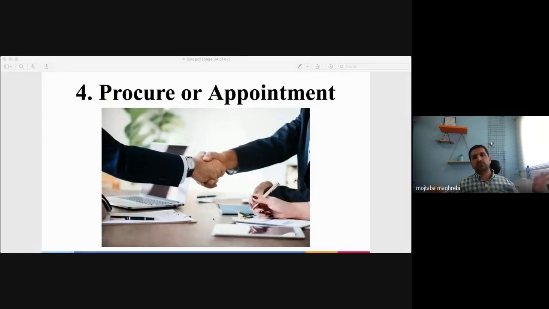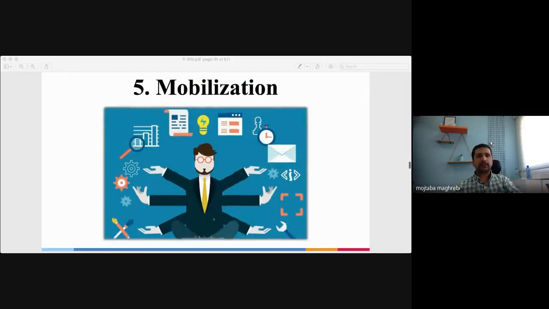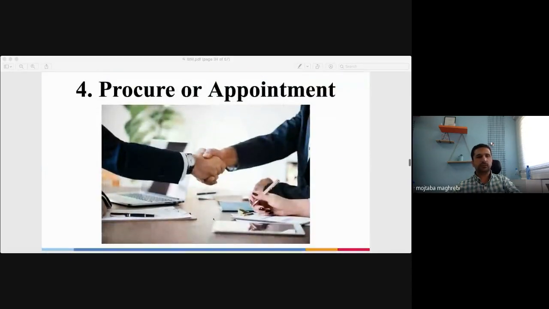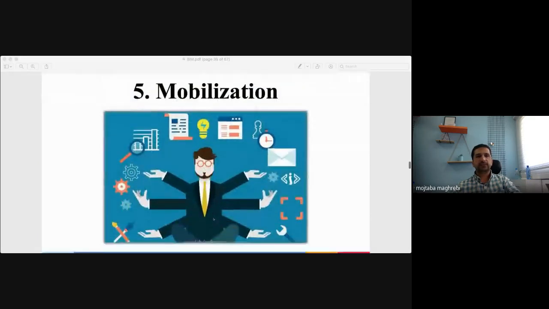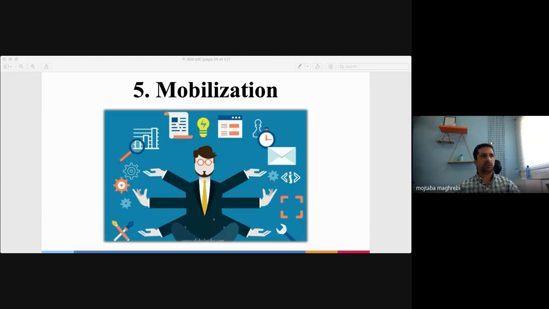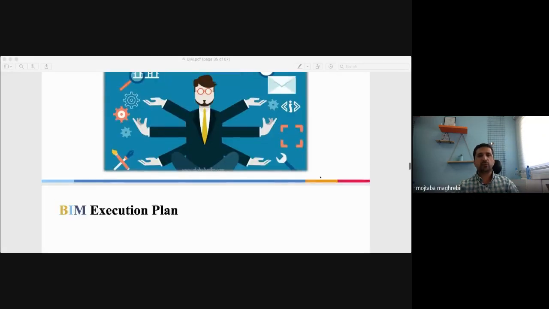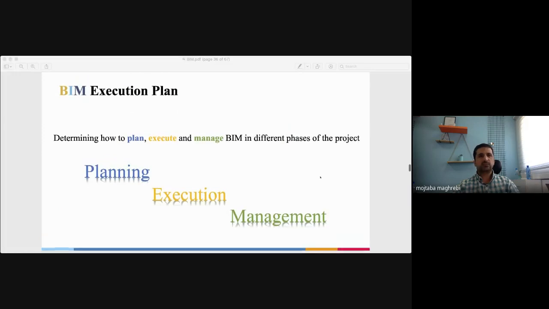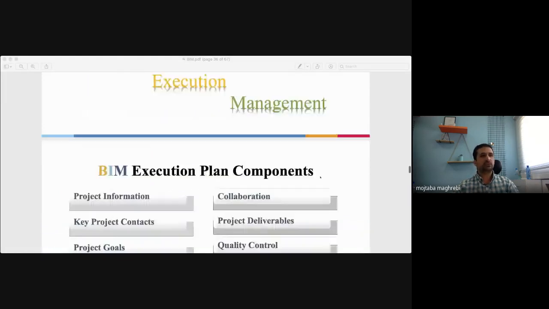Now is the time when we want to appoint and select a person who could do this project for us. After we decide, we go to the legal side, the contracting, and then we pass the lead times. It's the mobilization time, which is a kind of preparation. Now, okay, the project starts: how they want to start, how they want to go through, how they receive the drawings, how they want to execute the process, and how they want to plan for this execution process.